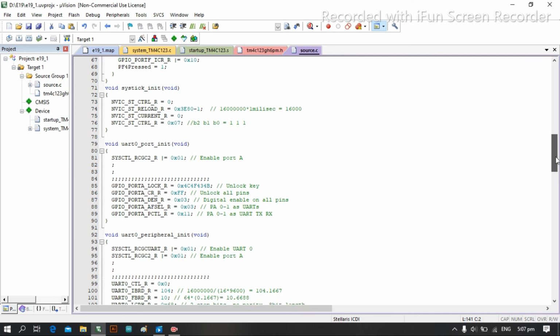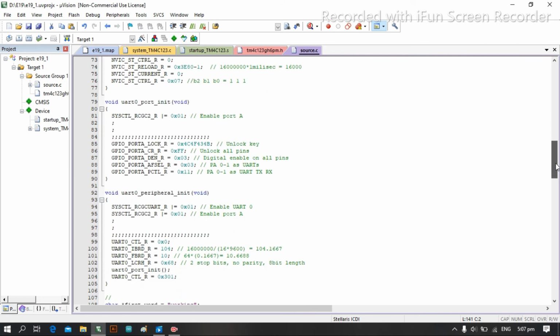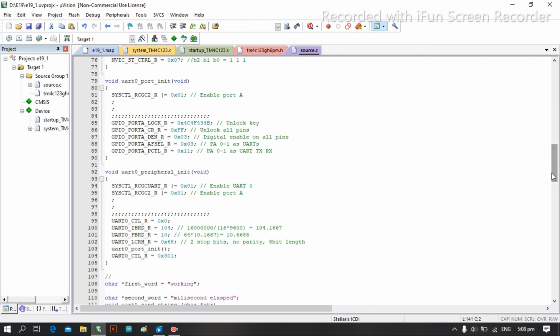This is basically the configuration of UART, but after that we have to enable UART registers. So first of all we have stopped UART0, and we have called the UART enable function. After that we have given delay. After that we have put these values of the baud rate register, fractional baud rate register, and LCRH value.